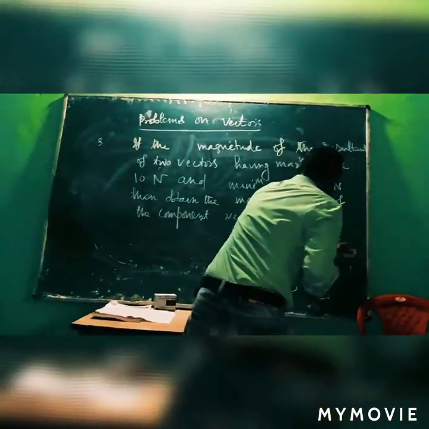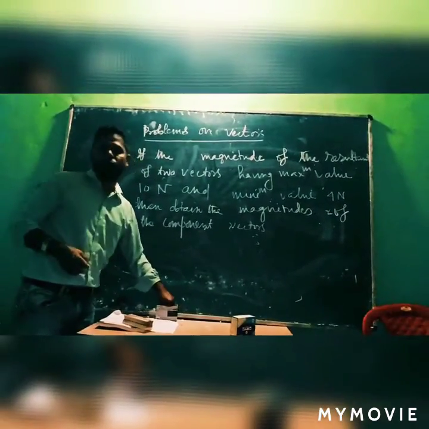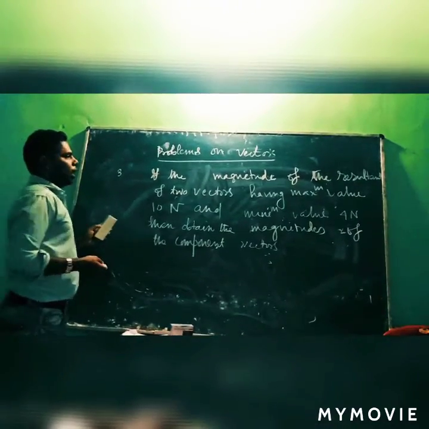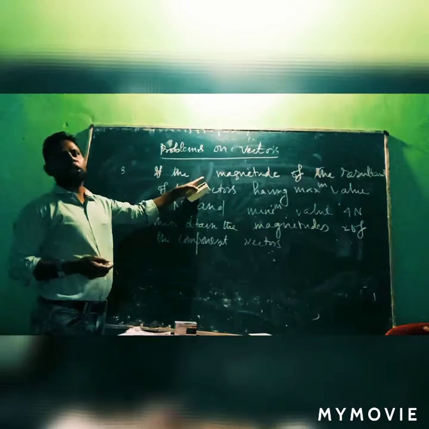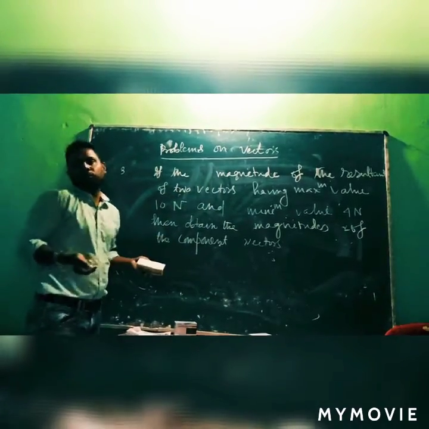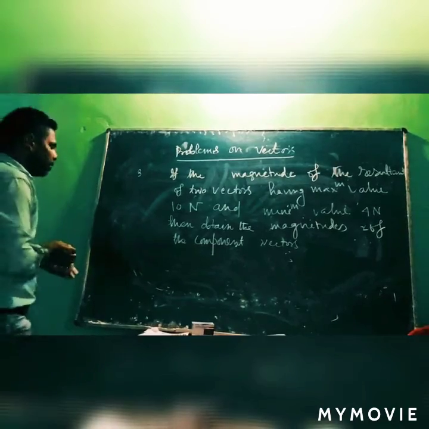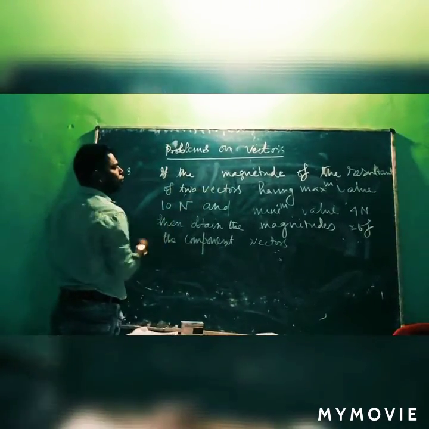So it is a very simple algebraical problem. Although it is a vector problem, we can deal with it from the point of view of vector algebra, because when we deal with the magnitudes of any vector, that becomes a scalar, and scalar is nothing but algebra. The magnitude of the resultant of two vectors.